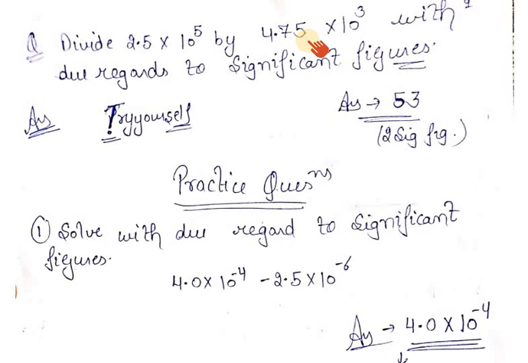So you will see here how many significant figures are in this: 1, 2, because this is the order of your number. You will never count these zeros, 10 raised to the power something, in your significant figures. So 10 raised to the power 5 and 10 raised to the power 3 are not counted in significant figures. First of all, you will see in this there are 2 significant figures, and in this number there are 3 significant figures, right? So you have to give your answer up to 2 significant figures, right? So solve it and apply the rules for significant figures, and you will get your answer 53.